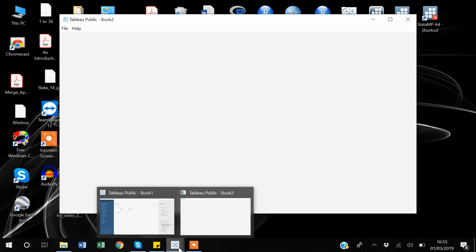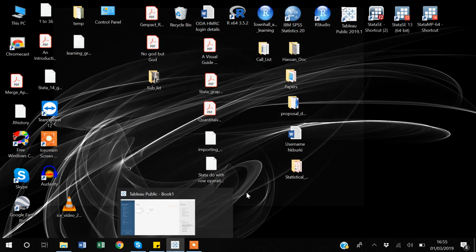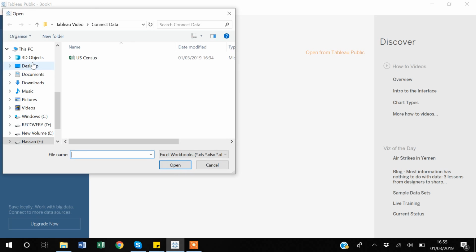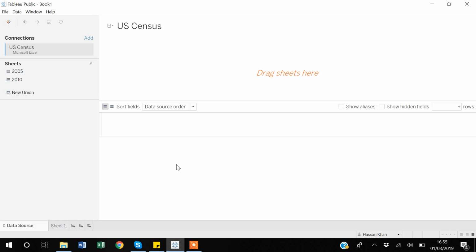I have already opened it for you guys, so this is my Tableau. Now I want to connect my Excel data with Tableau. So I will go to this Microsoft Excel option, then select the data set that I want to connect, open it, and now if you see here, Tableau is showing me two worksheets